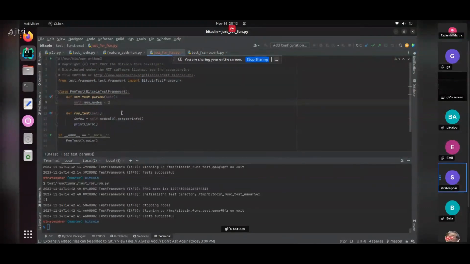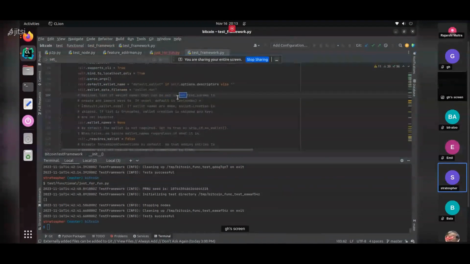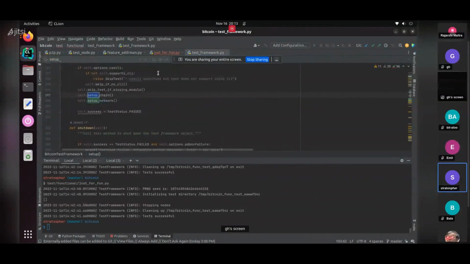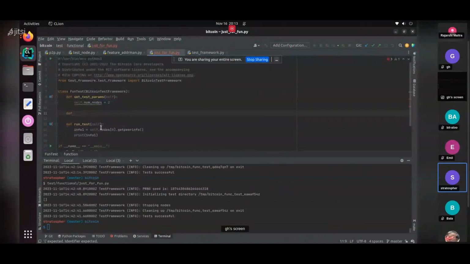If you want to override it, there are more functions, I think it's called setup_network. There are a lot of individual functions which you can override. Here the comments are saying override this to make your own topology. So if we override it,